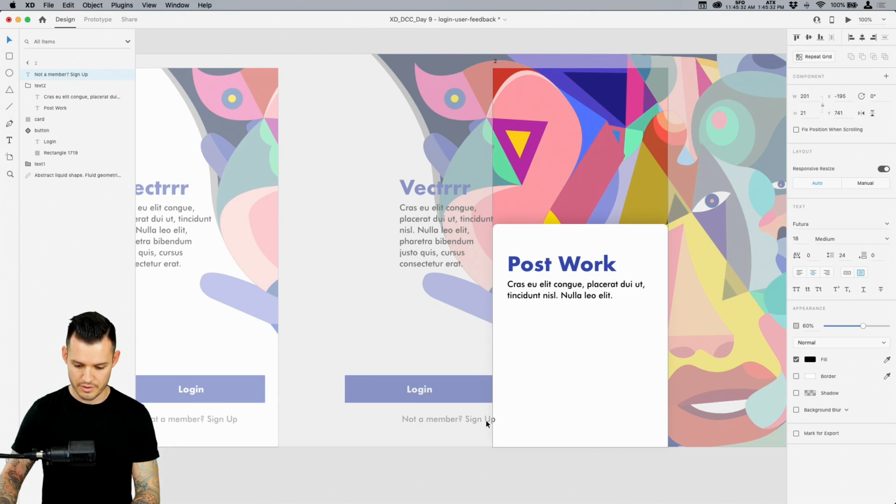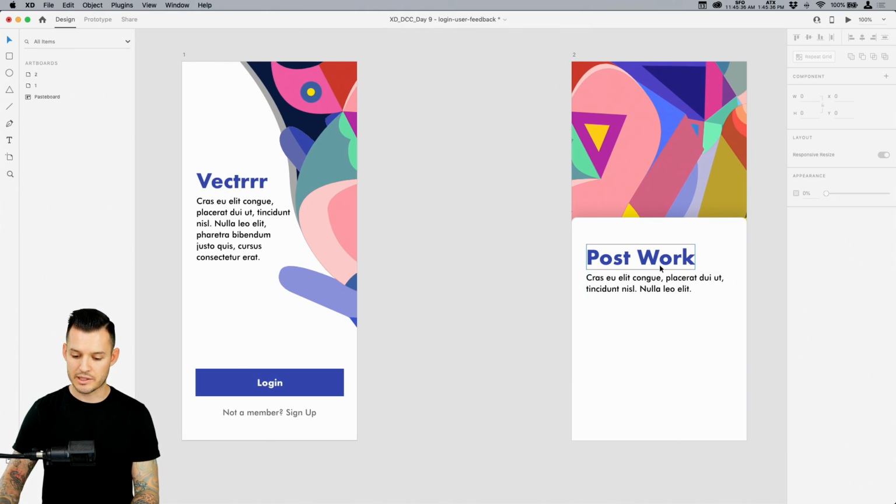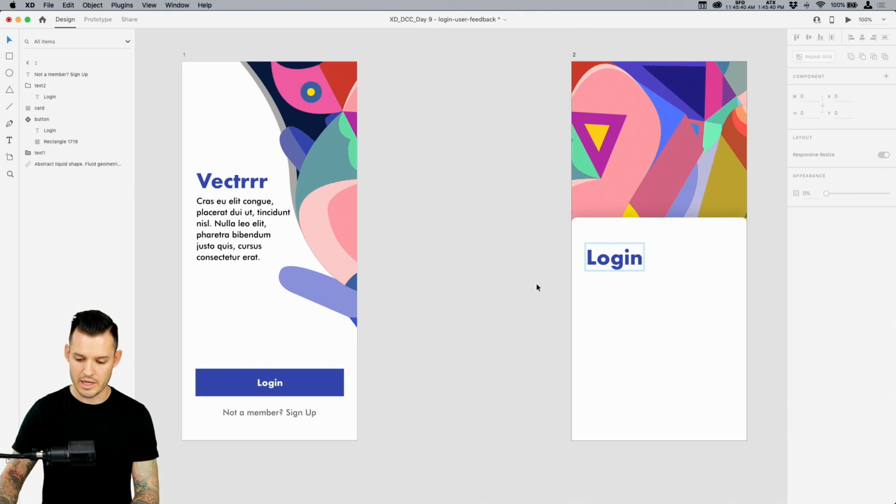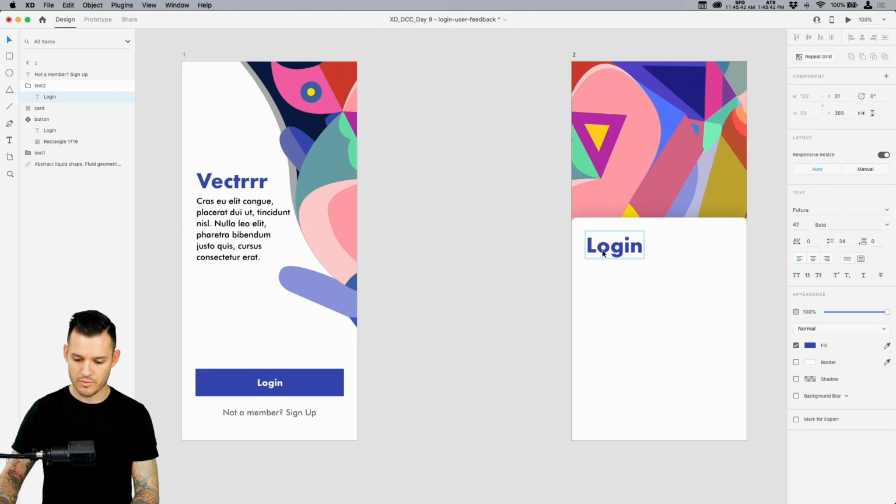Boom, and we're gonna shove it out to the side. Let's take the opacity all the way down. Let's say they clicked login. Okay, so we're going to call this the login piece. We actually don't need any text for it. Let's just bring this up to the top. That's looking pretty good. And then let's do some basic login fields, right?